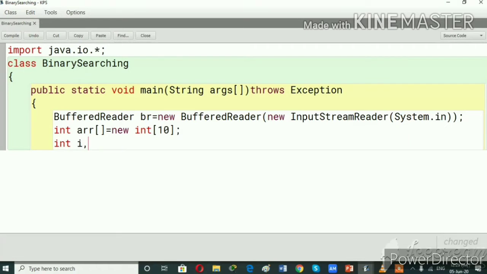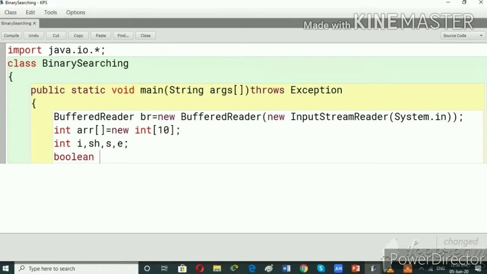Let's initialize the search variable sh, and the starting is s and ending is e. To check whether the condition is true or not, that means whether the search number is present or not, we have to take a boolean, k is equal to false first.